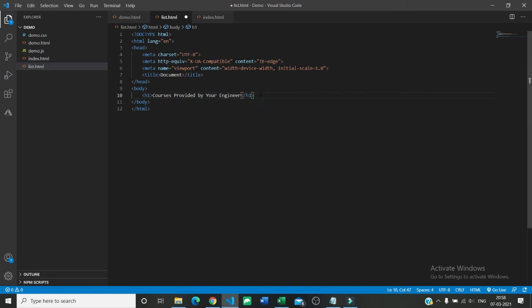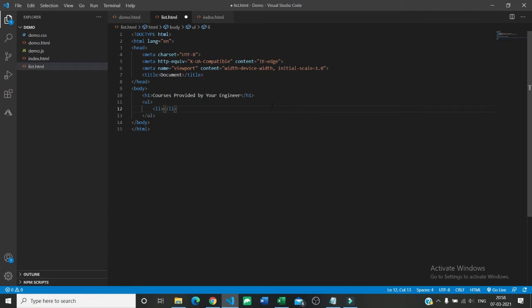Now the tag of an unordered list will start with UL. Unordered list tag will start with UL. Inside this we will use the tag li. In li we will write every content we want to insert in our list.